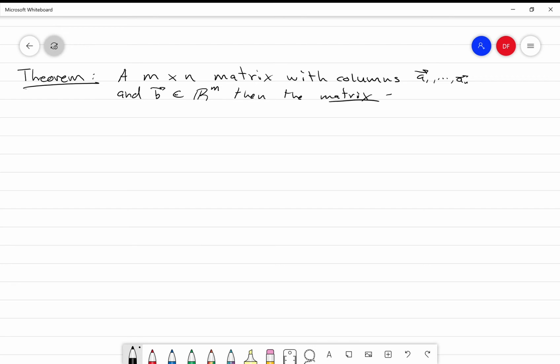Then the matrix equation AX equals B has the same solution set